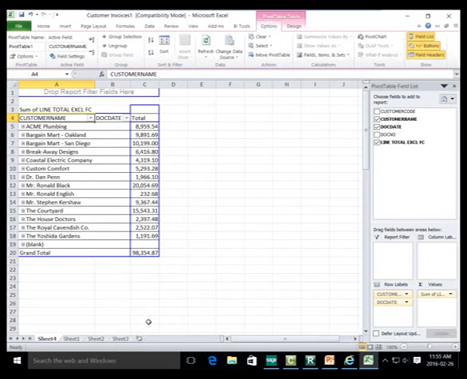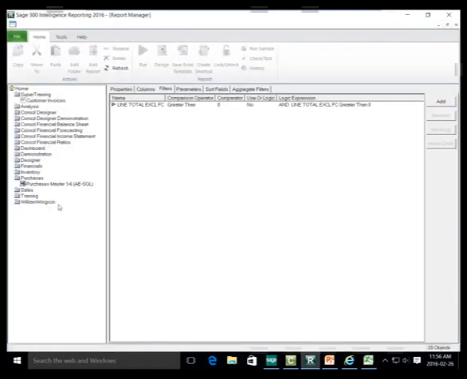If you wanted to link the template, then again, you do the same thing as we did before. You leave the Excel file open, go back into the report manager, and simply right-click on the report and then save it. Okay. So at this point, what I want to do is create